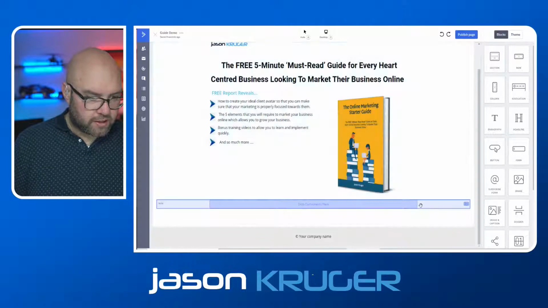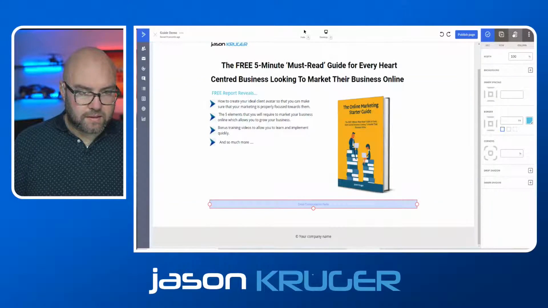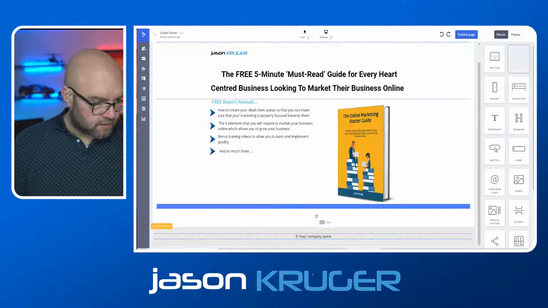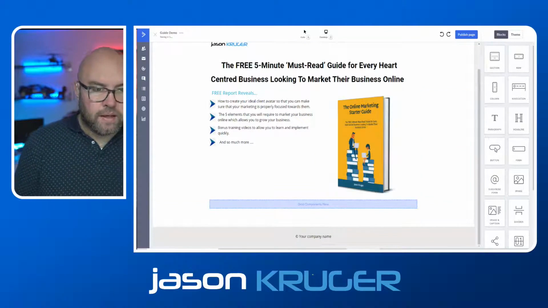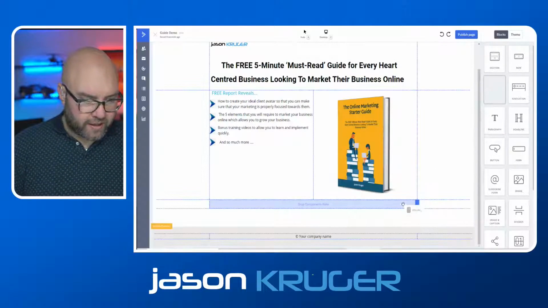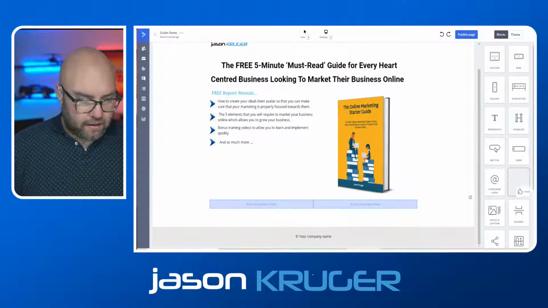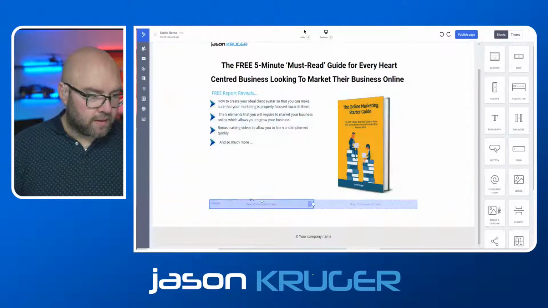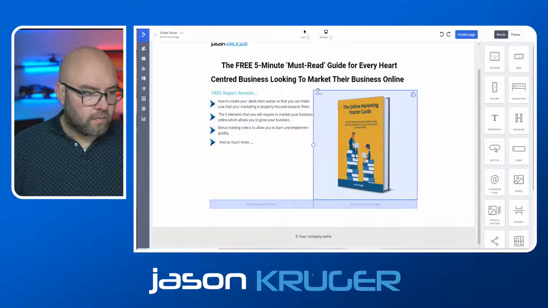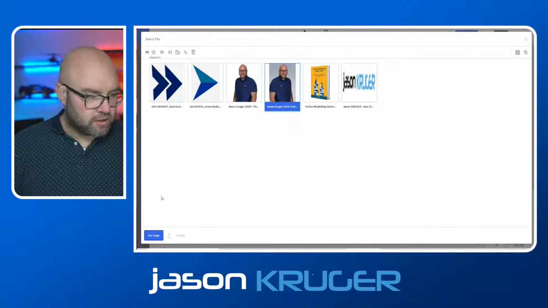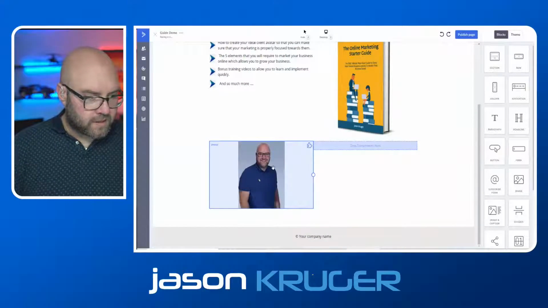Now what I want to make sure, actually, before I do that, let's just delete that, is I wanted to make sure that it's in its own section. So yeah, let's just leave that in there. And again, as before, I'm just going to add in this column. Now again, I'm just going to put this image block in there. Wait for it to set it, and then I'm going to choose this image. So now I've got that image,